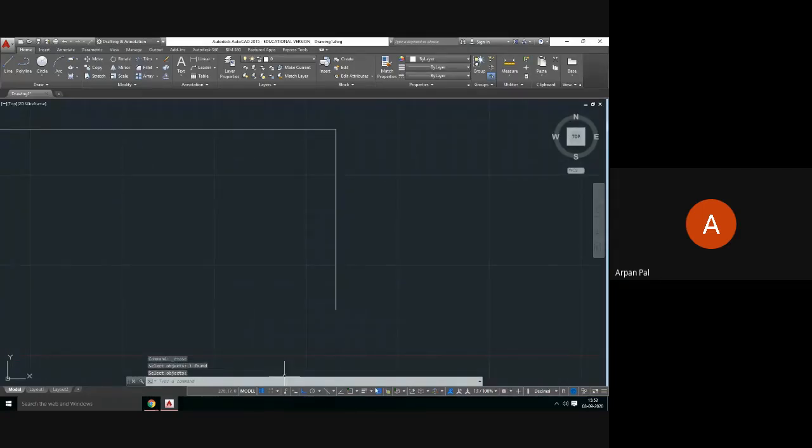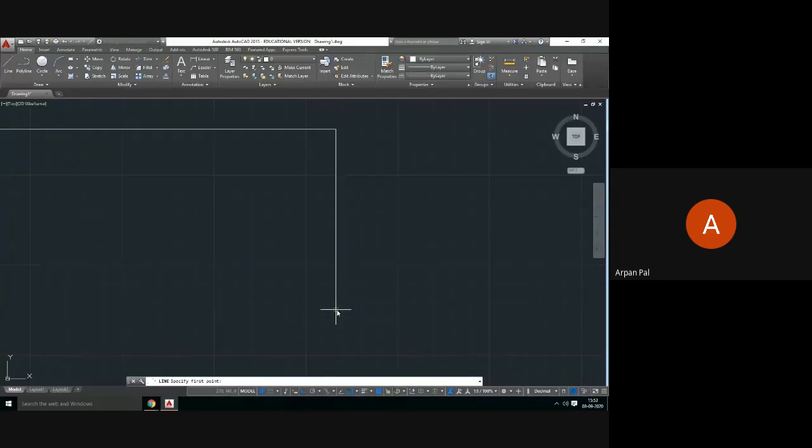At this bottom toolbar, if you move your cursor, you get this snap cursor to the reference point. Inside it is written object snap. What is object snap? If I turn it on, you will understand. Take the line, move your cursor around it.